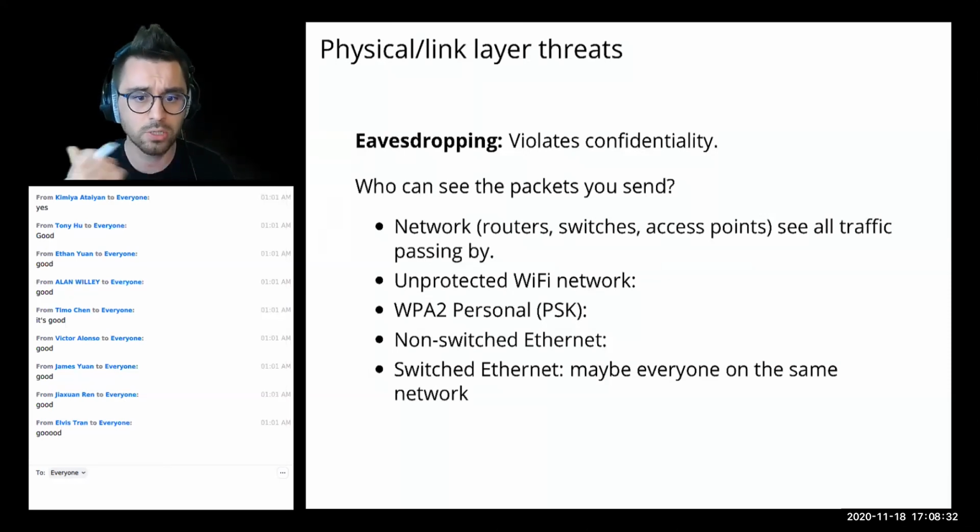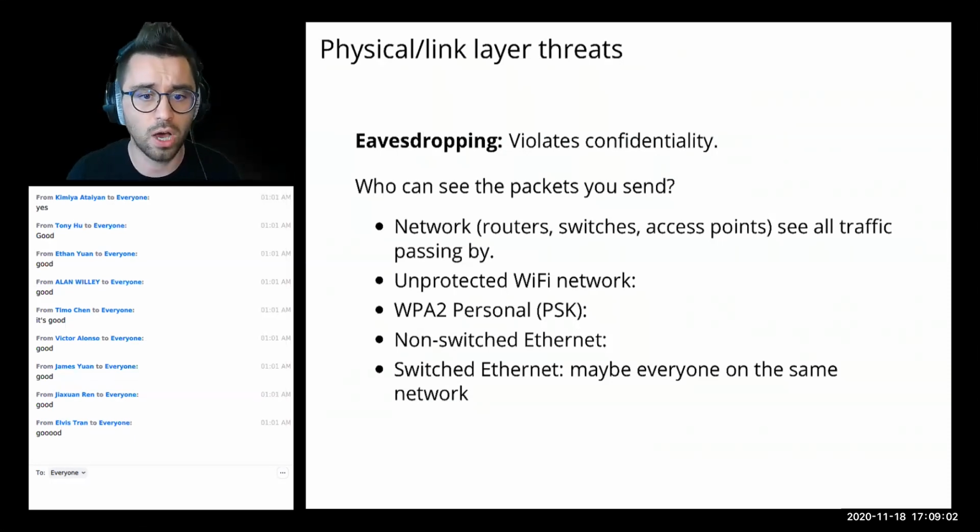And then we have non-switched Ethernet and also switched Ethernet. We already talked a little bit about Ethernet before, and how switches tie MAC addresses to particular ports. There's still some way for you to eavesdrop on other machines connected to this switch, namely by forging MAC addresses and essentially tricking the switch into sending you packets instead of a different port.